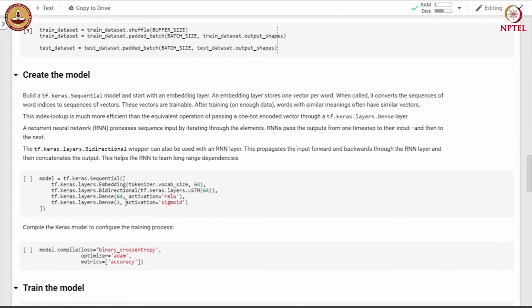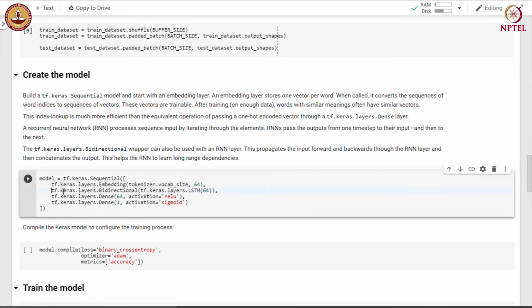Let us come to the model creation part. We are going to use RNN models over here. Here we use a bidirectional model on top of LSTM. The bidirectional wrapper propagates the input forward and backward through the RNN layers and then concatenates the output.